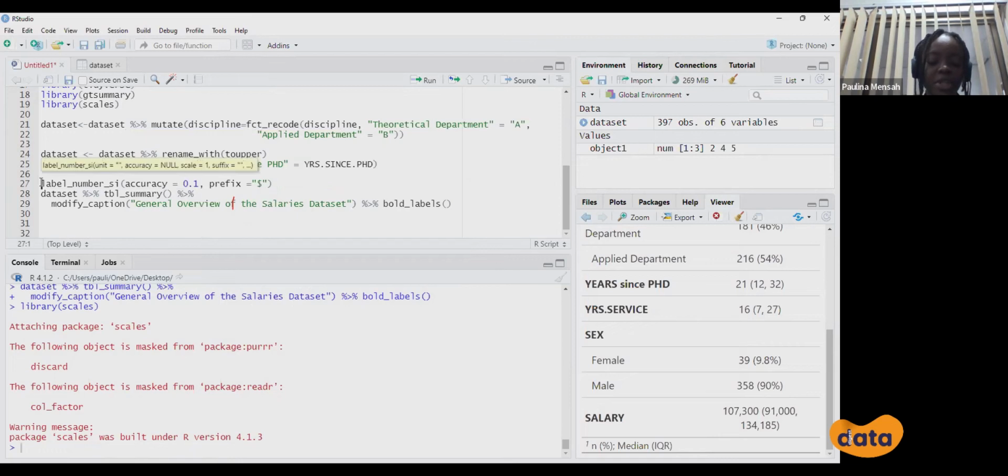So this is a function, and to use our function, we can give it a name. So we can call it the dollar function, so that we can use it in our formatting. So I can come here into table summary, and